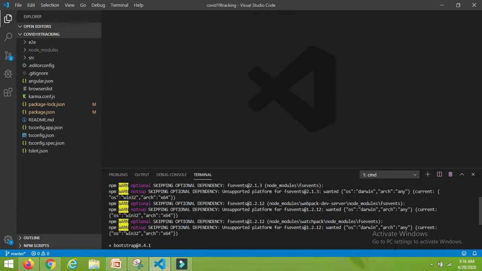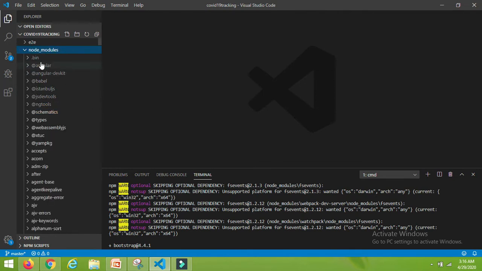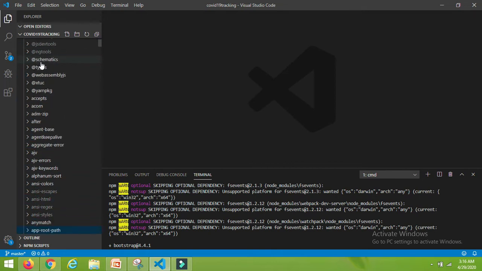If Bootstrap is installed successfully, you will find the folder with the name bootstrap in node_modules. So here you will see all the dependencies for our Angular project. In this folder you will find Bootstrap.